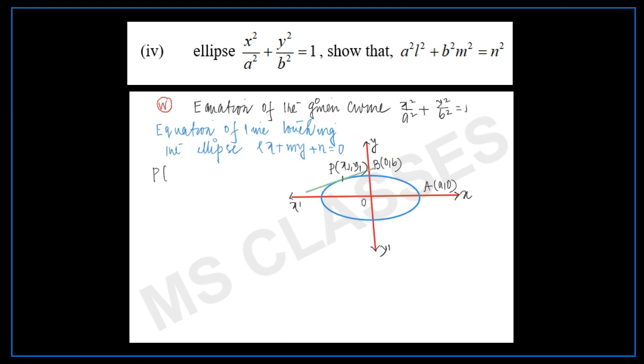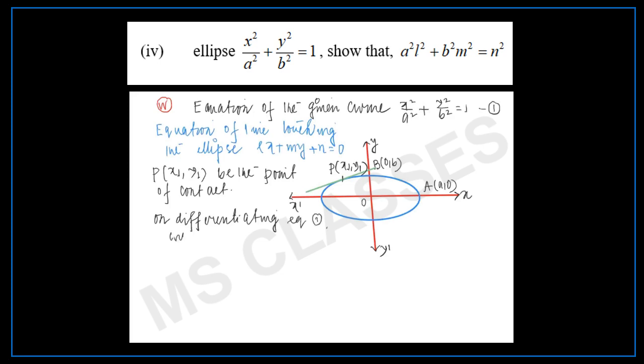So we consider P(x1, y1) to be the point of contact. Now this is a differentiable function, so we differentiate it. Call the ellipse equation 1. On differentiating equation 1 with respect to x,